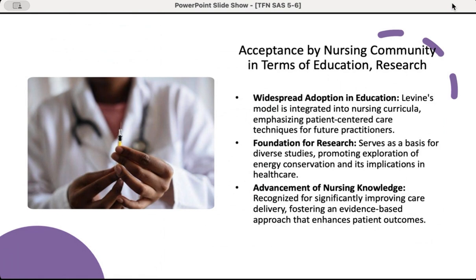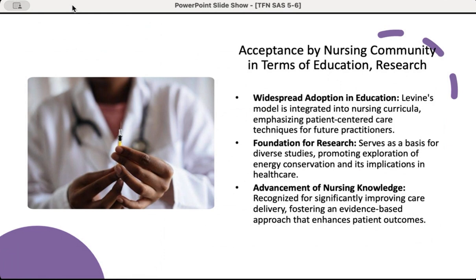Another thing is the foundation for research, which serves as a basis for diverse studies promoting exploration of energy conservation and its implication in healthcare. A very good example, in terms of its acceptance in research, is that we use the model or the theory of Levine in terms of the theoretical framework. It's also very important that we consider that the theoretical framework would serve as a backbone with the theory, with the